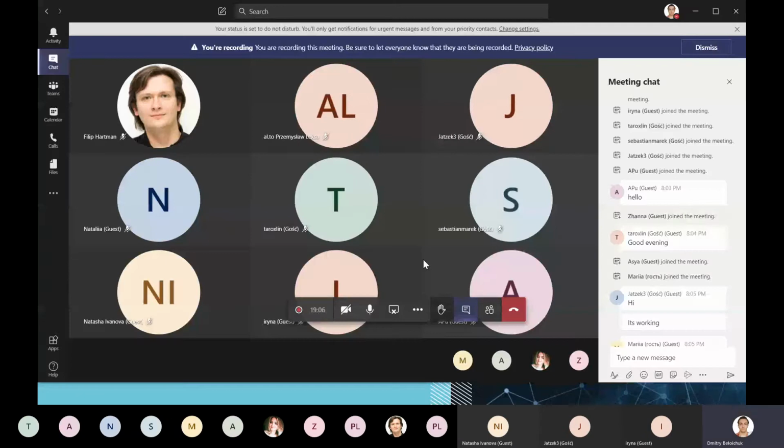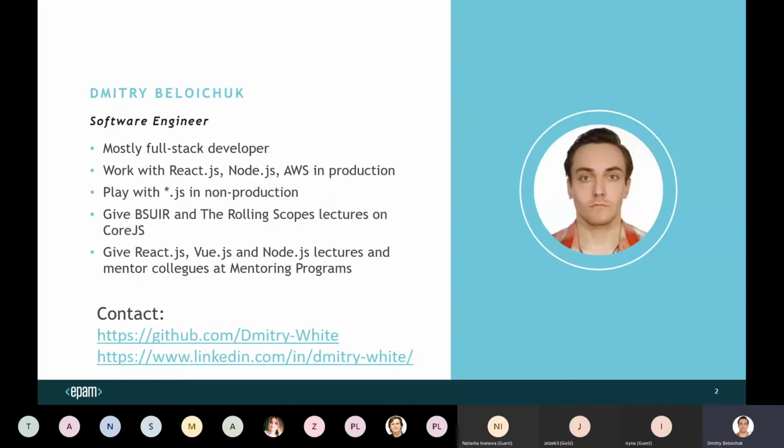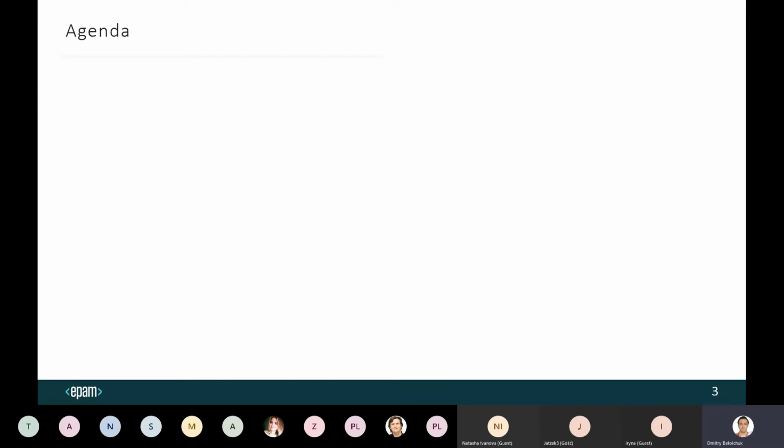Okay, so today's lecture will be all about how to build, test, and deploy your React application, and at the end we'll cover a more advanced topic regarding the server-side rendering of your applications. Again, today's lecture is the same one as before, Dmitry, and